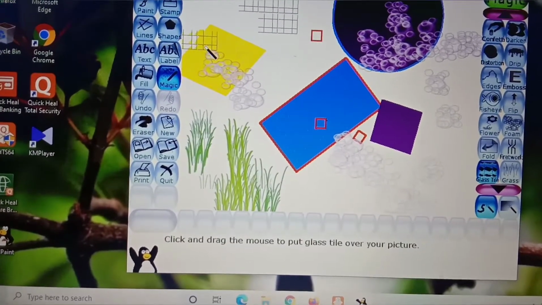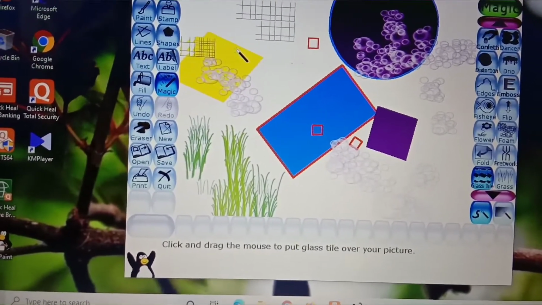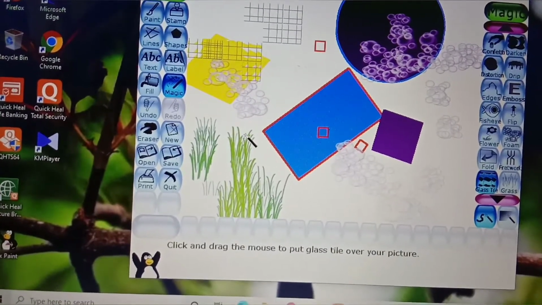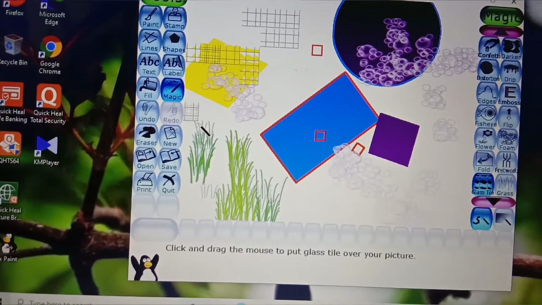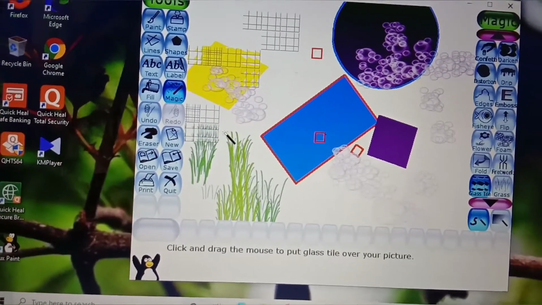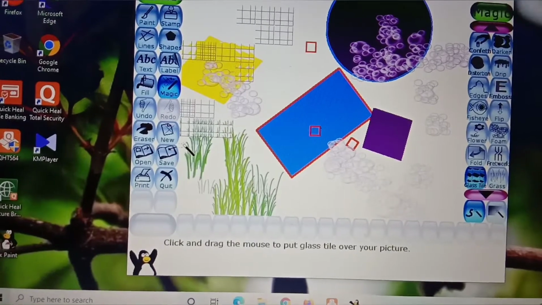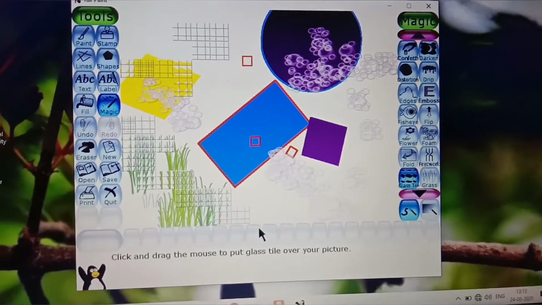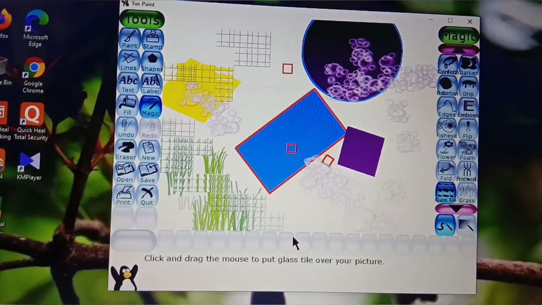Suppose I put it here. You can see. Look. Here also in a single click you can see like this. If I do the dragging, okay, it will look like this.